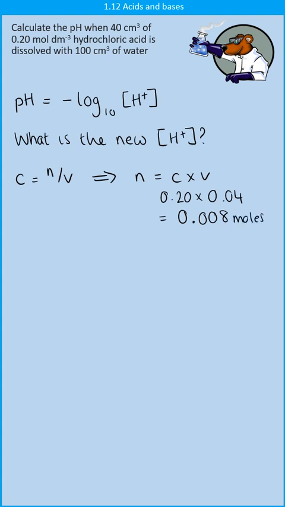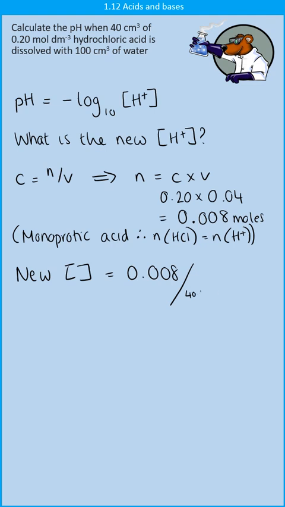moles of hydrochloric acid. Now hydrochloric acid is a monoprotic acid, it has one proton per hydrochloric acid, and so therefore my moles of hydrochloric acid are the same as my moles of hydrogen ions. But you want to watch out for this because if for instance you had sulfuric acid, that wouldn't be the case. So now in order to work out my new concentration, I'm going to take those moles and divide it